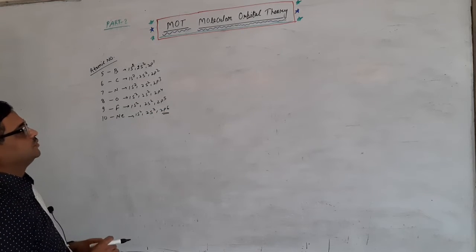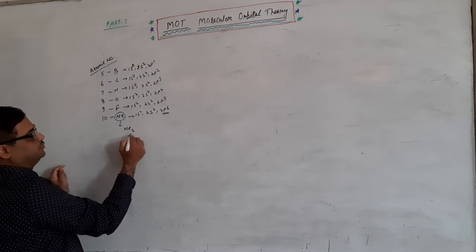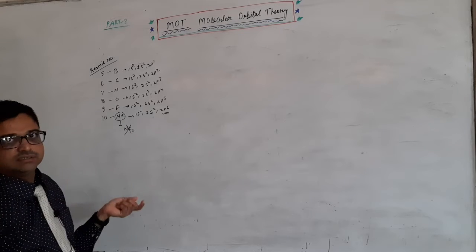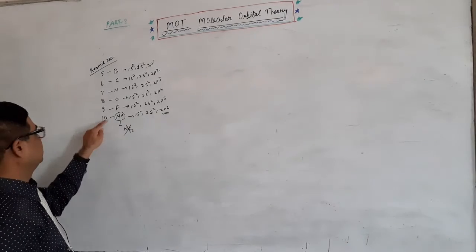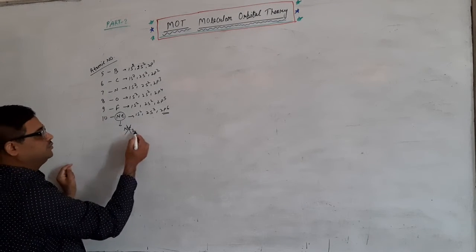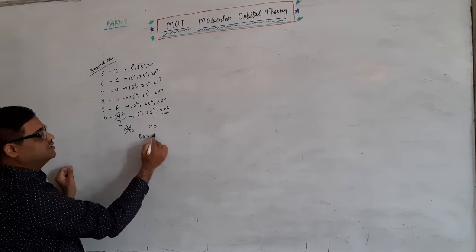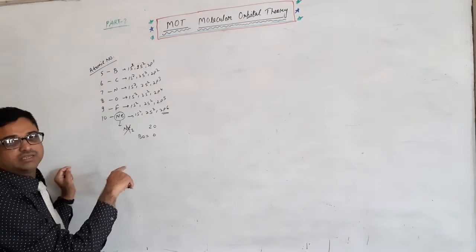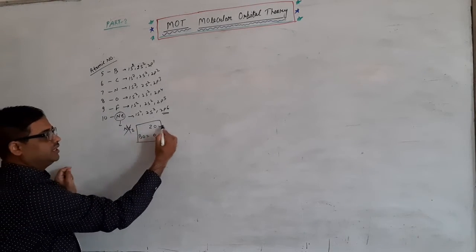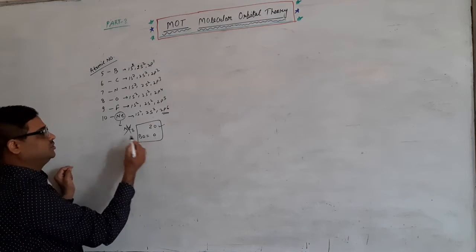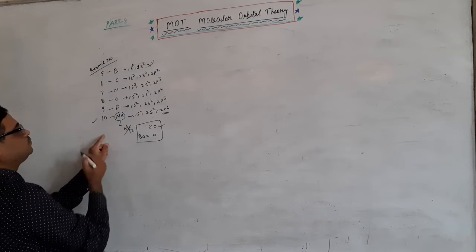Okay. So Ne2 will not be formed. Ne2 will not exist. By last lecture's trick, you can calculate that the number of electrons is 10. So for Ne2, how many electrons will be there? 20. With 20 electrons the bond order is 0. In the part 1 video you can see it; I have given this trick. With 20 electrons, bond order is 0, and 0 means Ne2 will not exist at all. Clear? So this is done.